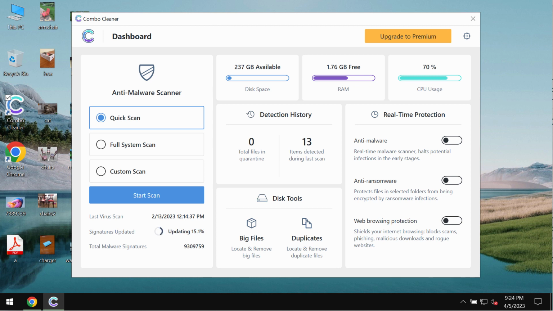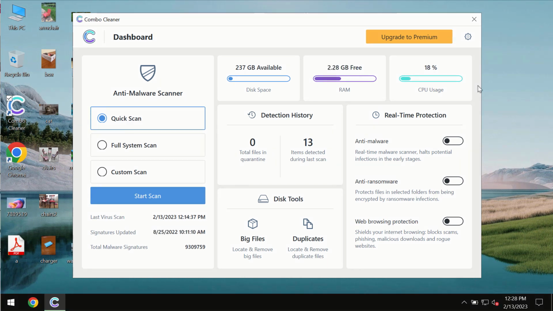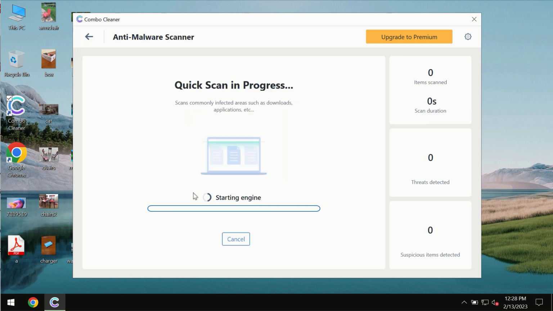Download it, install the program, and once it gets successfully installed, start scanning the computer with its help. After you successfully download and install the software, it will initially be in trial mode. In trial mode, only the quick scan option is available so far. You need to click on the Start Scan button, and most likely the program should first of all update its anti-malware